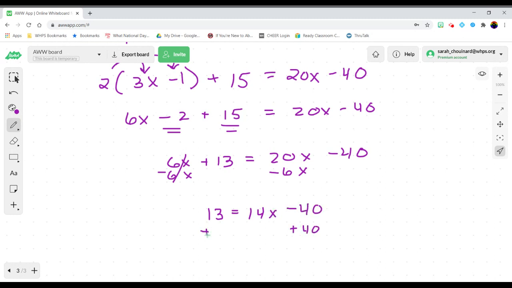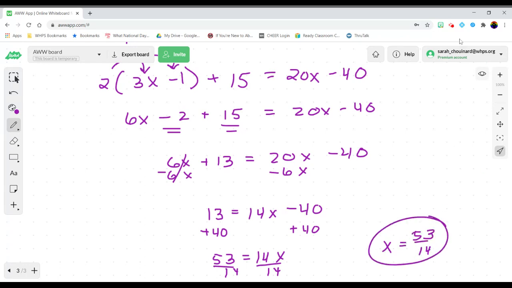Add 40 to both sides. And then last but not least, divide by 14. And sometimes we get these pretty gnarly looking fractions from these types of problems, but we're just going to leave it in proper